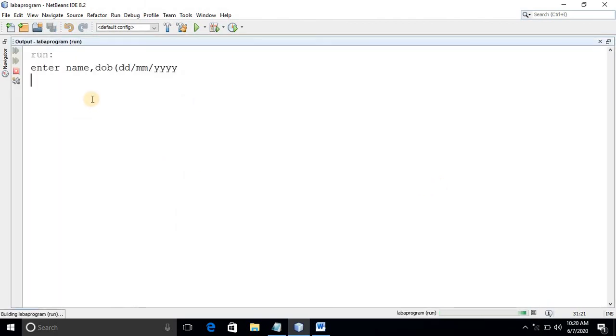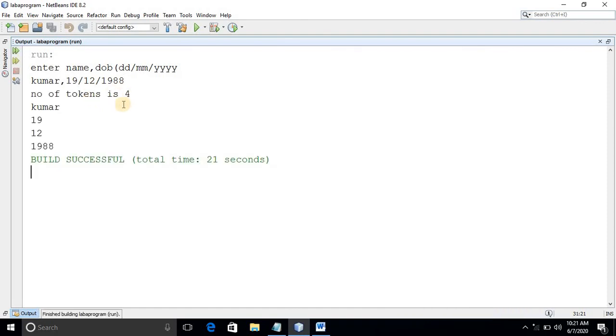Now I'll give the name, Kumar, comma, date of birth, 19/12/1988 something. Now see here, Kumar before the comma is one token, 19 is one token, 12 is one token, 1988 is one token. Totally you have to get how many tokens? 4 tokens: Kumar, 19, 12, 1988. That's all of your program.